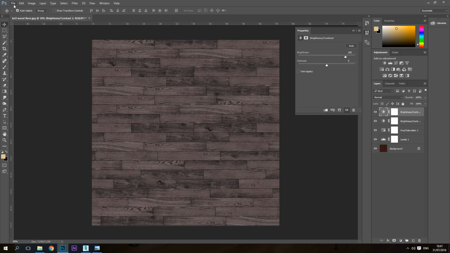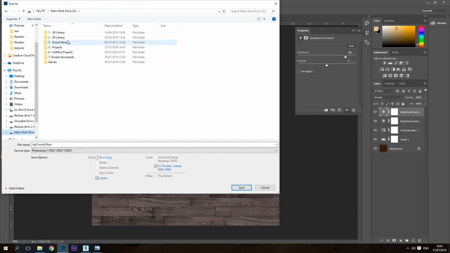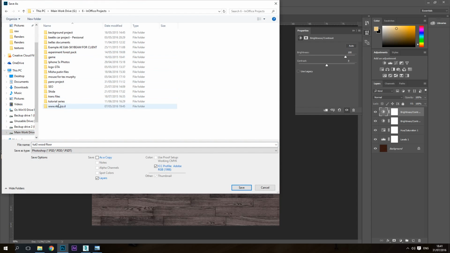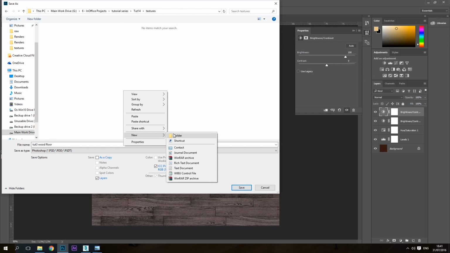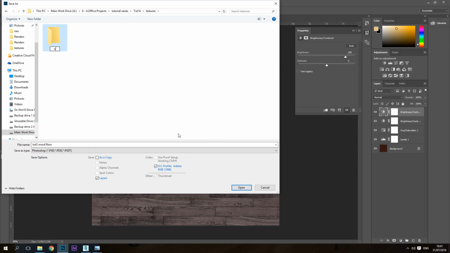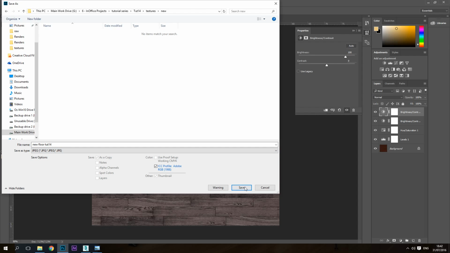Okay, let's try saving this file, and let's see what we can do with it. So I'll save it in here. Save it wherever you want. Let's name it new floor tutorial 13 or 14 by now, and save it as a JPEG file. Hit save,